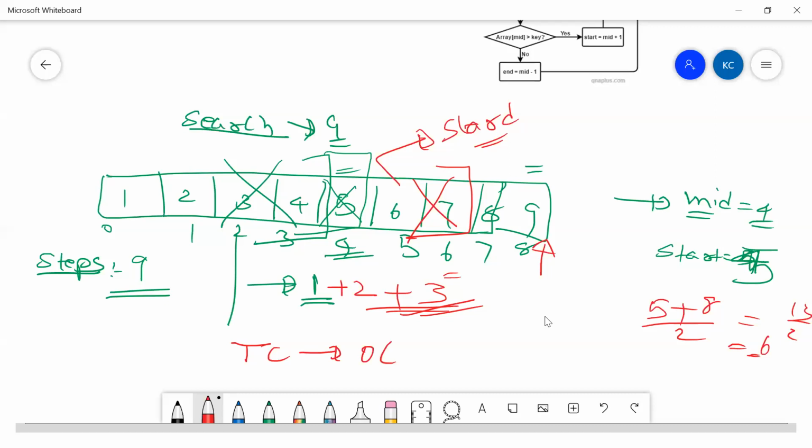order of log n. For people who do not understand what log n is, the simple shortcut to find out is, if you are able to reduce the comparisons by half for every iteration, then you can blindly think that it is an order of log n time complexity, guys.